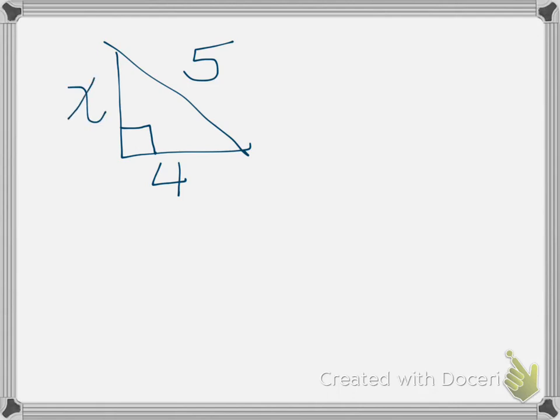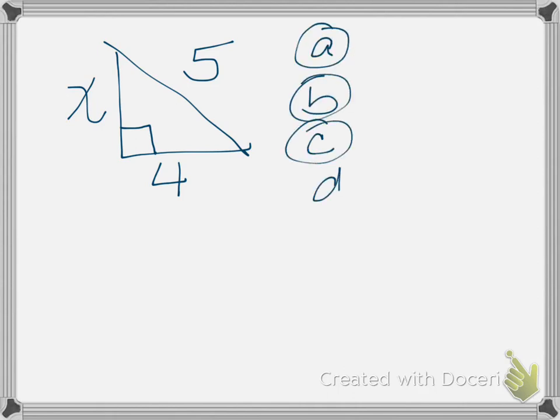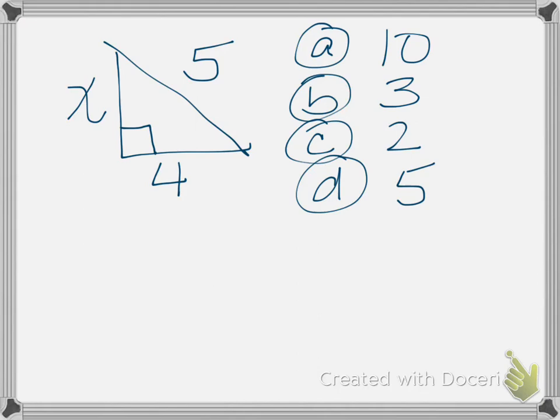Okay, so let's say that you had a multiple choice question and you're given something like this, and it said, what value of x would prove that this is a right triangle? Let's say it was multiple choice and you had these 4 answers. So I'm just going to make up some numbers. Okay. So then you would have to say which one of these, if you put it into x, would satisfy